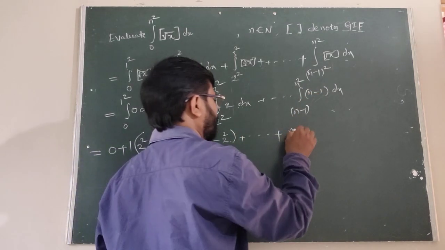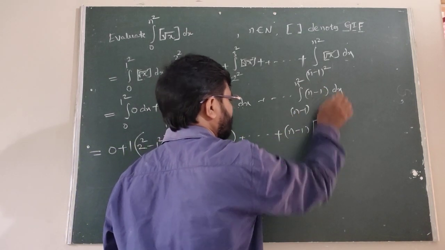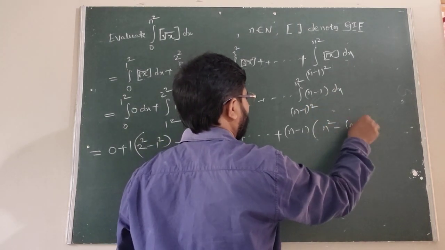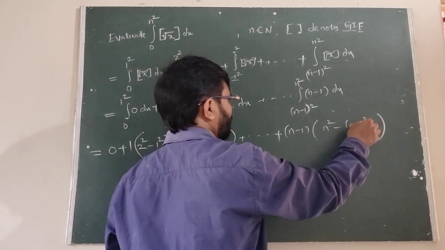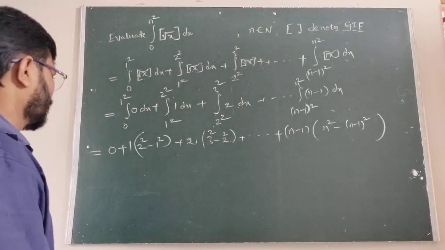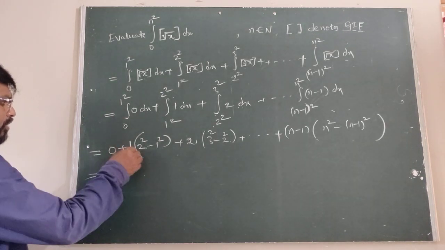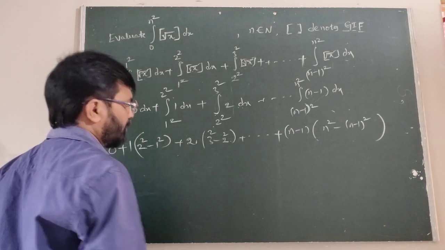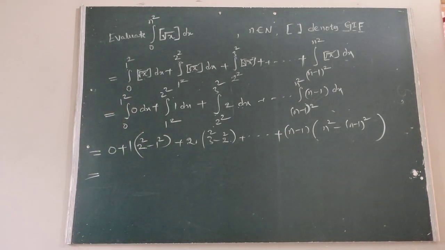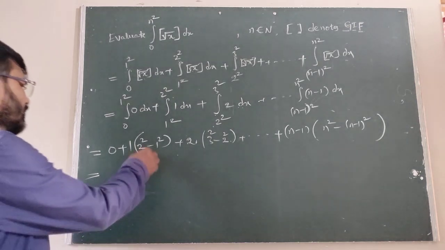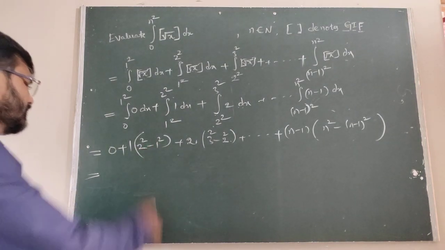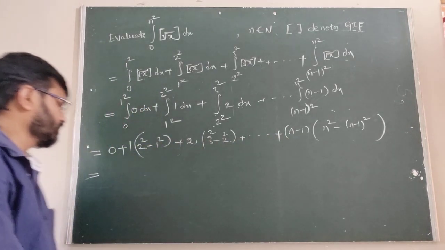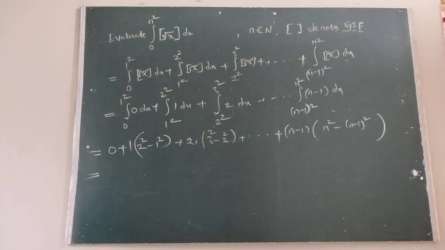Similarly we can write n minus 1 into n square minus n minus 1 whole square. Therefore now, is it clear here? 1, 1, 2, n minus 1 is there. Then the other one is here, what are we getting? First of all we write a minus b into a plus b. Here, all of you listen, 1, 2, and the n minus 1 is there. The next one is here, understand?